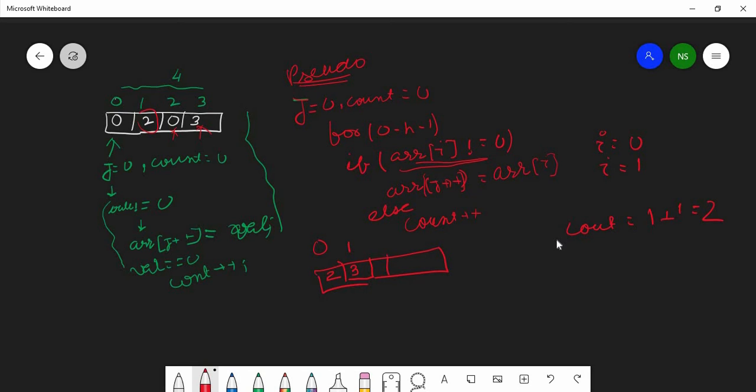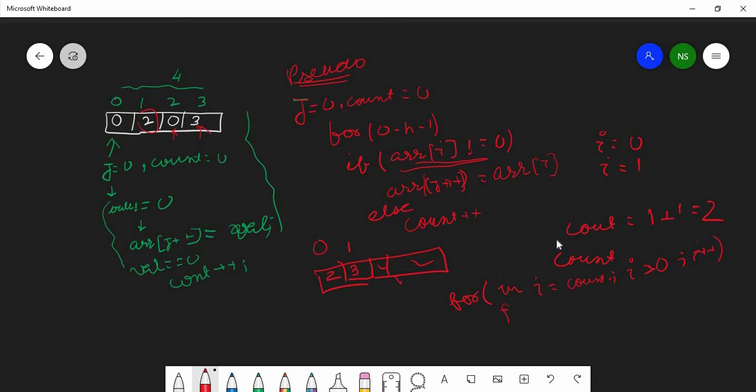And now we are left with these 2 positions, and we have count 2. These 2 positions are empty for now, so we have to run again. This is not a nested for loop. We are going to write a separate for loop. In this for loop, for int I equal to count, we start with this count, and the count will be 2. So I equal to count, and I greater than 0, and I plus plus.